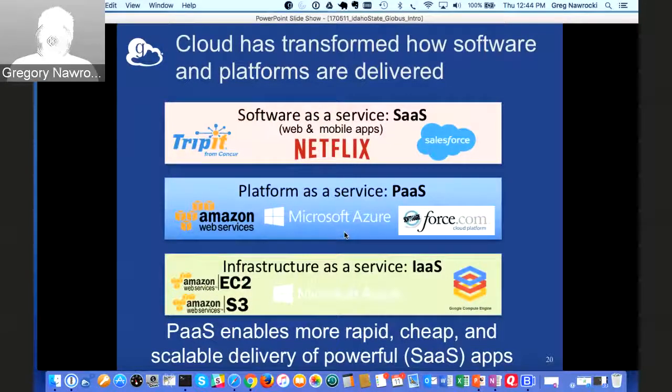Okay, so there's one other thing I'd like to bring up in these situations of custom workflows, as it relates to researchers here. We said the cloud has transformed how software and platforms are delivered. And you saw our Globus SaaS platform in action. And at the lower layer, you've got that infrastructure as a service. And indeed, even the Globus web app runs on Amazon EC2. So that's the platform on which we built that web app.